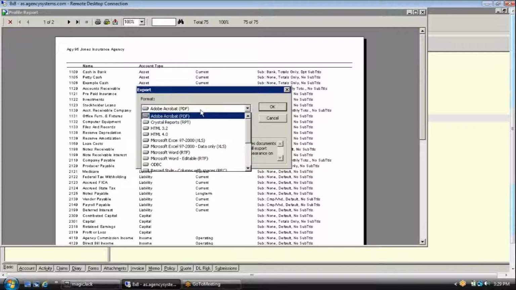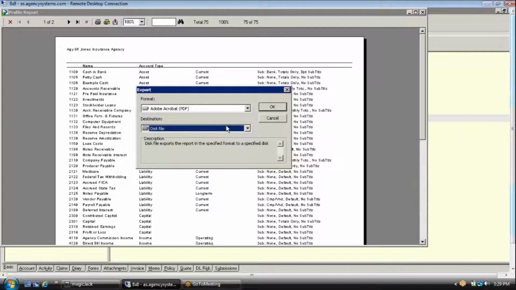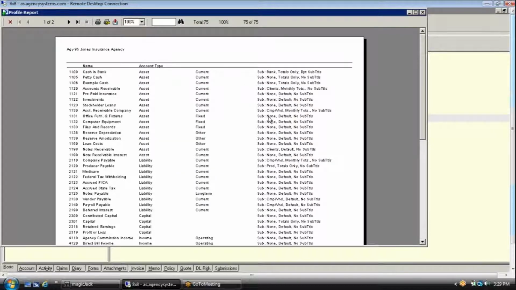Choose the format you wish it to show up in, and where. Once you have printed this list, we recommend that you highlight or circle accounts that are required accounts for agency